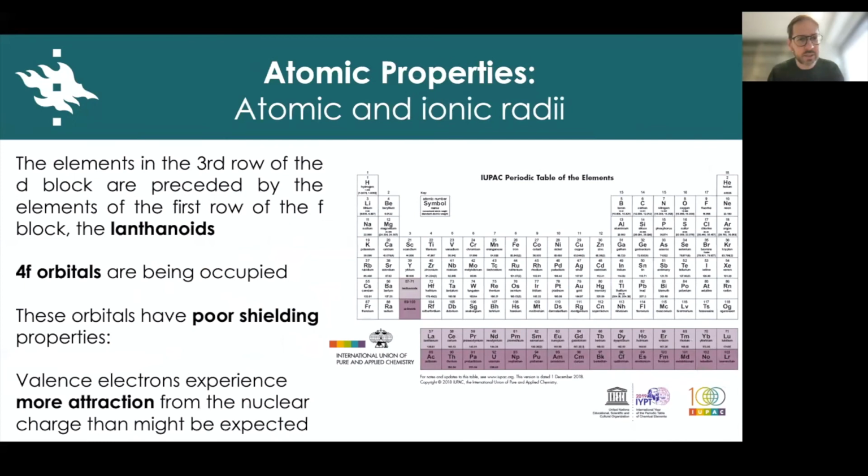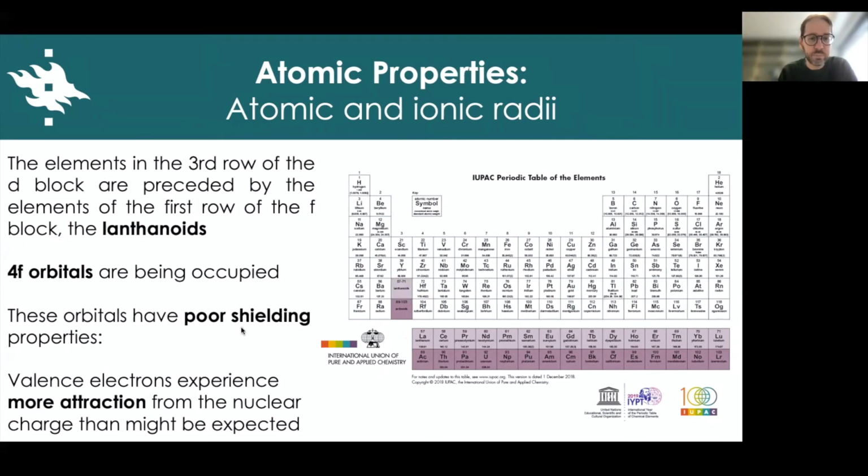Okay, and this happens because if we look here at the periodic table, the elements in this third row are preceded by the elements of the first row of the F block, which are the lanthanoids. Therefore, in these elements, the 4f orbitals are being occupied. And actually, the problem is that these 4f orbitals have very poor